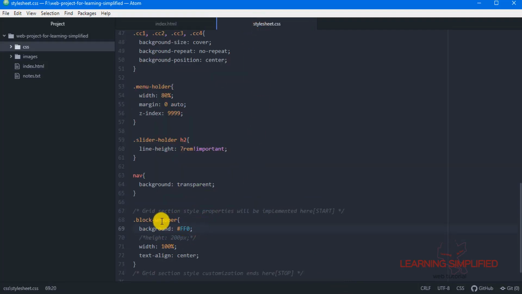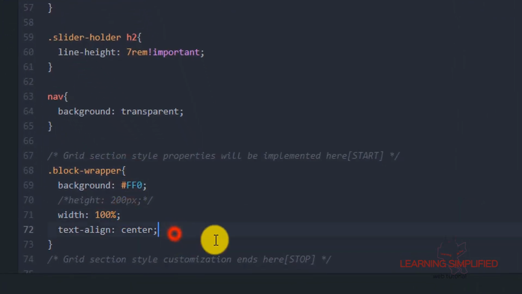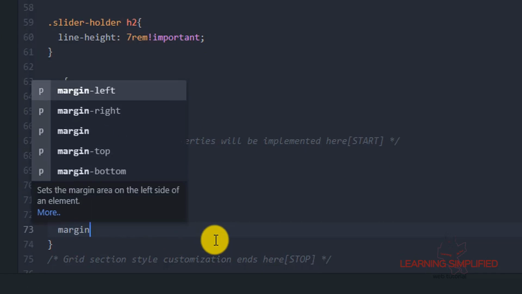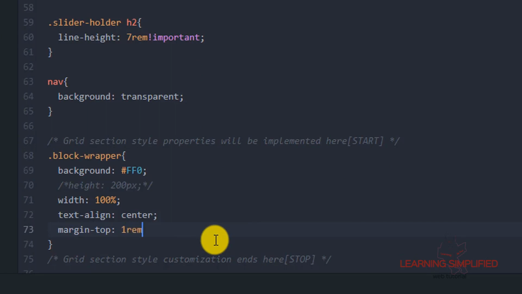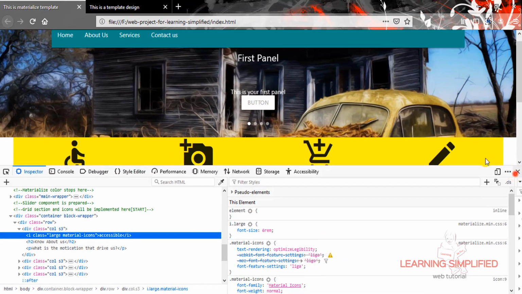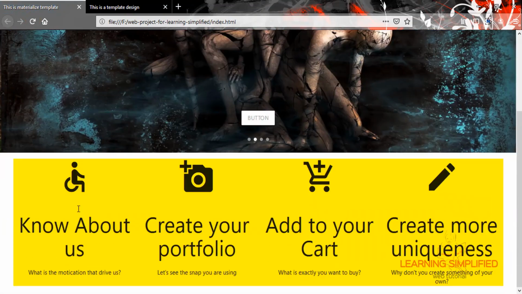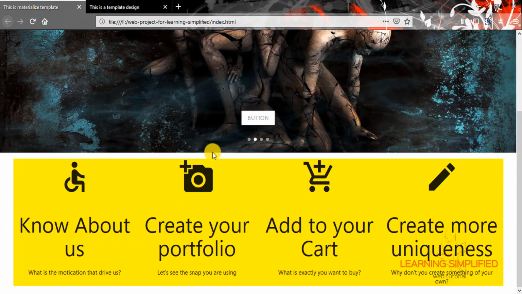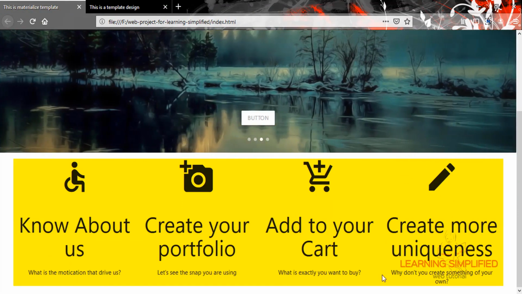In the very first case, we are going to use a margin top of for say 1 REM, and close the code inspector panel, reload, and you can see that a margin is now provided over here, and every rest of those things are right into their places.